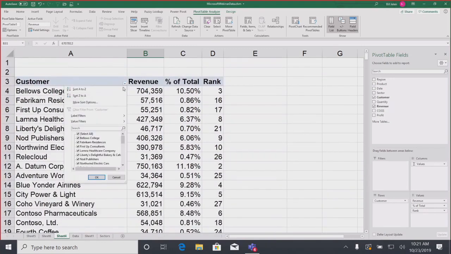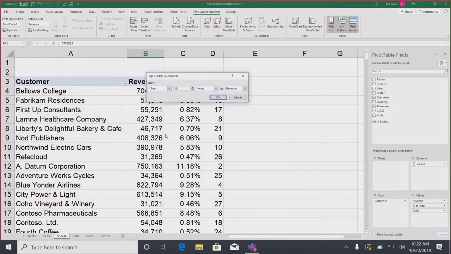Excel. I go into the customer drop down here and go to value filters and say top 10. Although it's called top 10, this is so flexible. It could be top or bottom. It doesn't have to be 10. It could be 20 or 5 or 12. It doesn't have to be any special number, anything you want. And you can even say, give me enough to get me 80%, or give me enough records to get me to $5 million or $3 million. So I'm going to ask for the top 5 items based on revenue.